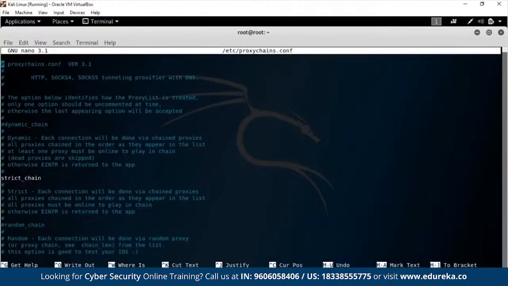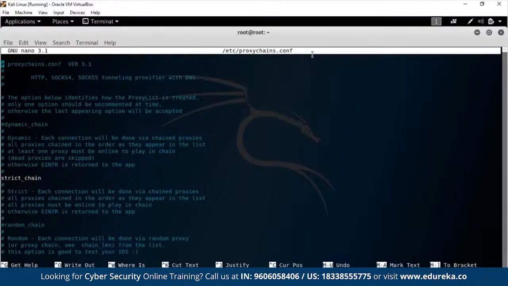So first off, we have the types of proxies. So you see HTTP, SOCKS4, and SOCKS5. Now, there are fundamental differences between these protocols, and you always want to find yourself a SOCKS5 proxy as that's the best possible one, and it has the ability to anonymize all sorts of traffic. HTTP, well, as the name says, is for HTTP traffic, and SOCKS4 is very similar to SOCKS5, but it does not support the IPv6 protocol and it does not support the UDP protocol. So this can be rather problematic, and you always want to make sure that you're using SOCKS5 wherever and however.